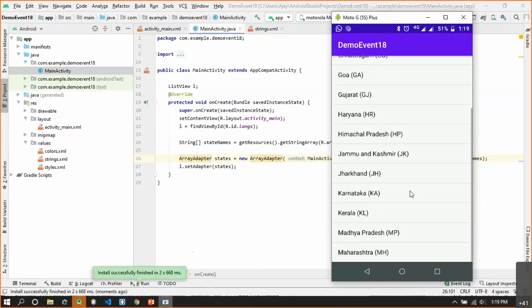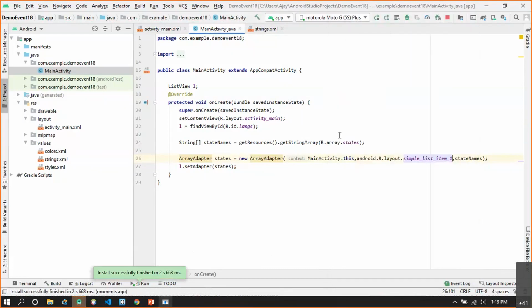Now we have studied a spinner, we have studied a list view. The question is how to handle events on them. The event handling on both of them is the same. Even if I show the event handler for list, always remember the same kind of event handling applies to spinner, or even if I show you the event handling on spinner, the same kind of event handling applies to list. So let me show you on the list.